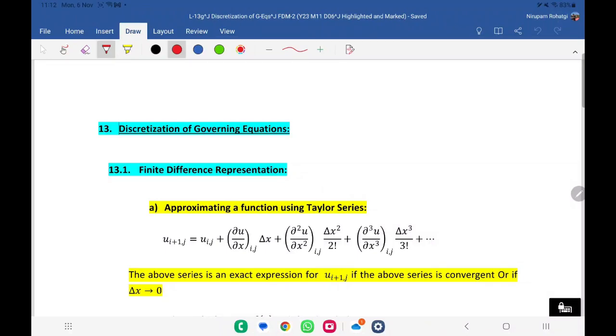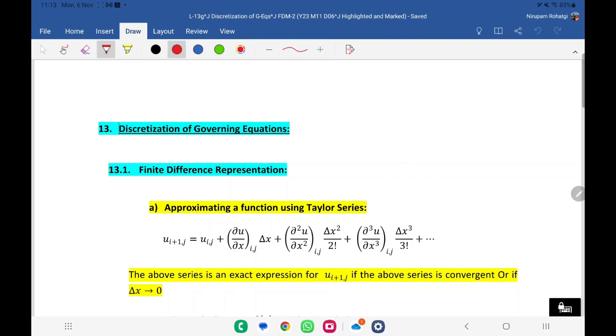Okay, so now the issue is we have to discretize the equations. We have already done the discretization of space. So the next step is discretization of the equations, and for discretizing the equations, what is the thing required